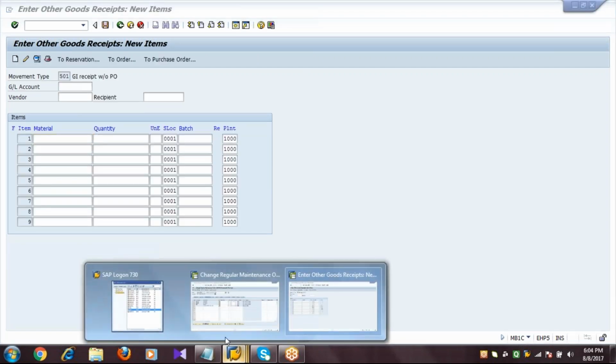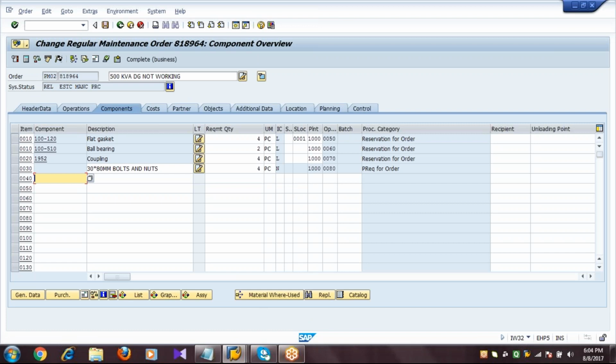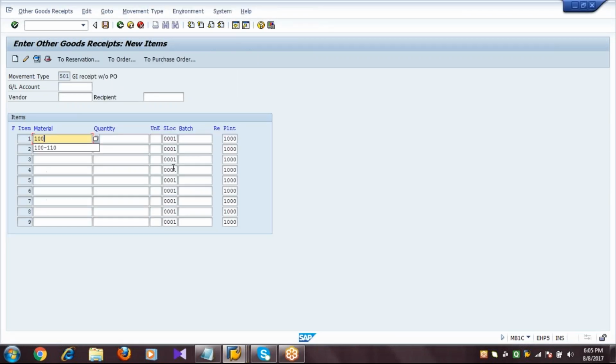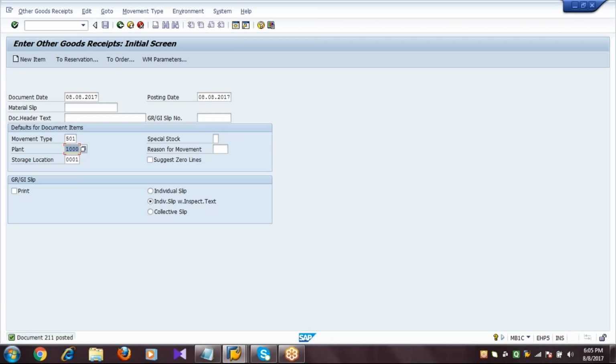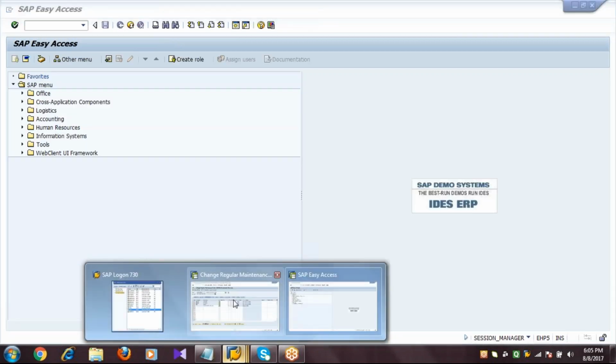Now let us say these are the materials you have: 100-120, 100-510, 1952. Save. So when you don't have the stock, only then will the system display the message that availability check is required. Now I'm maintaining the stocks for them. So once you release the maintenance order, what happens in the system? After releasing the order, reservations and purchase requisitions are created. Now again, if you go to the order,